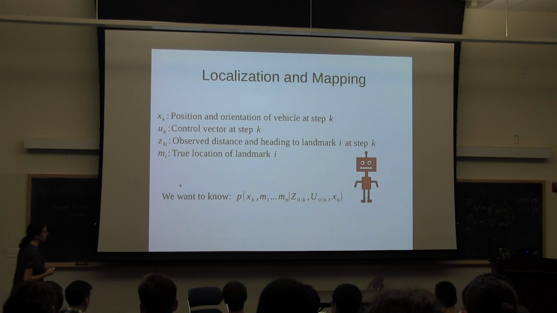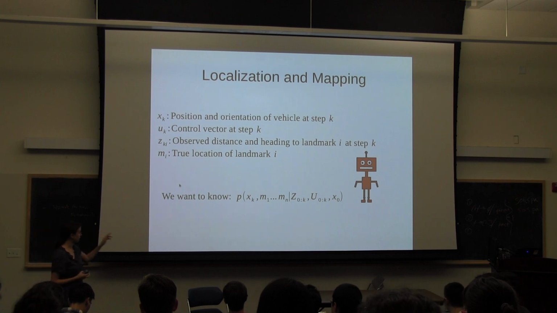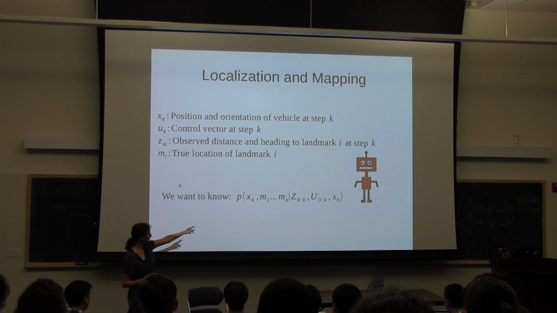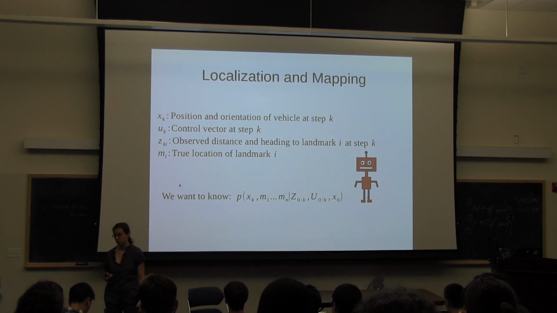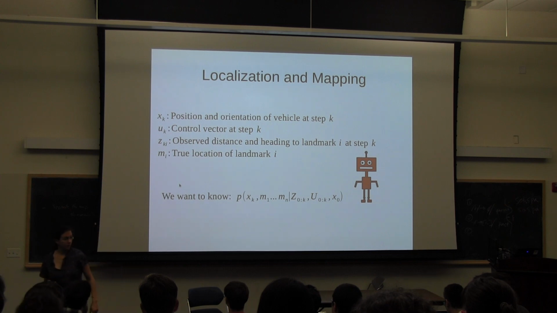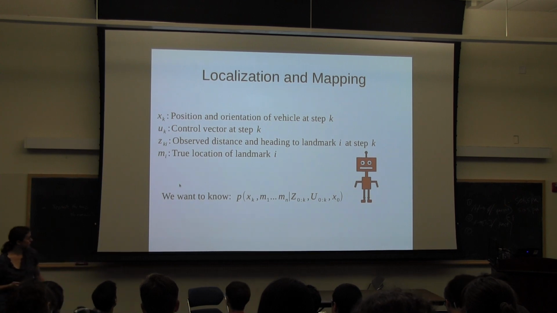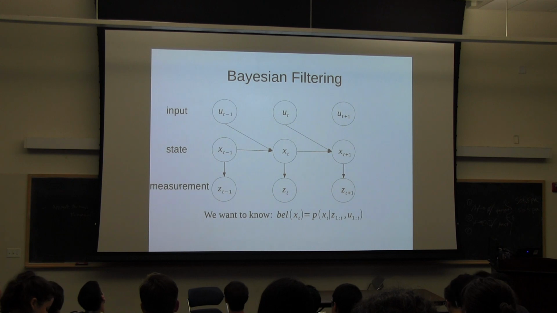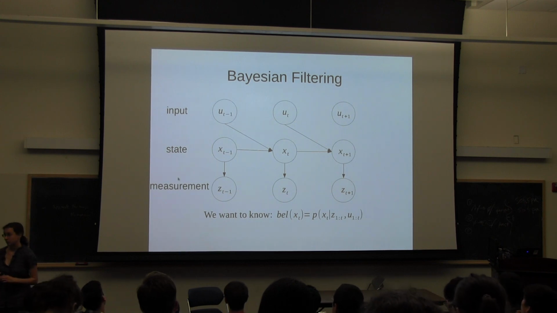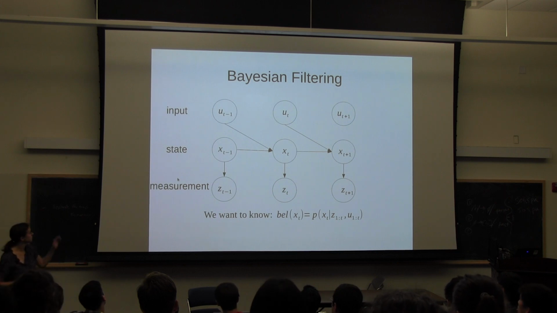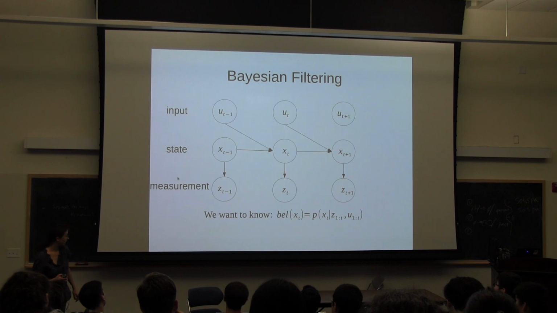Okay. So then what we want to know is the probability of x of k given all of my map locations, given my controls, the movements I made, and my observations. So here is sort of the classic Bayes filter. Okay, so this is from last time. We had the measurements, the controls, and the z's. And we want to know a belief of